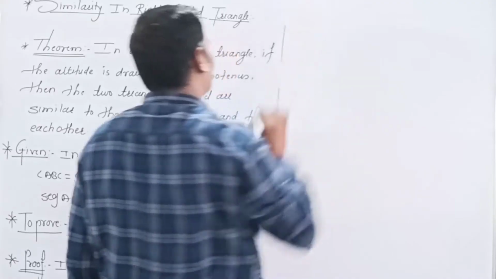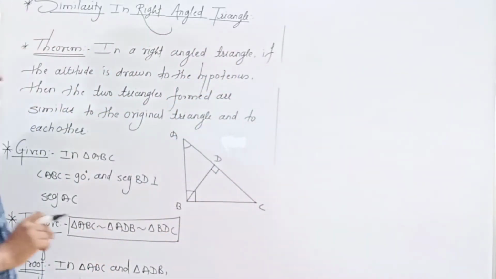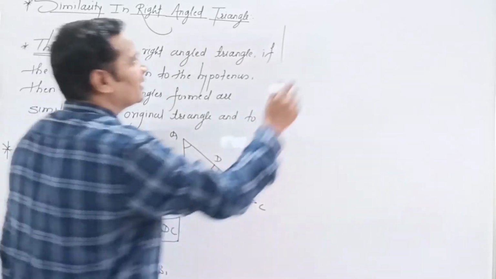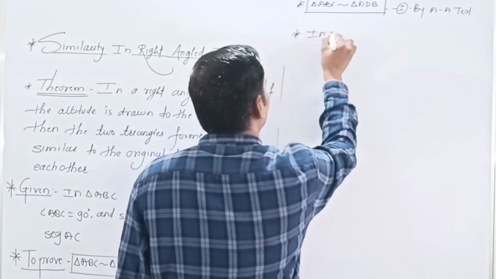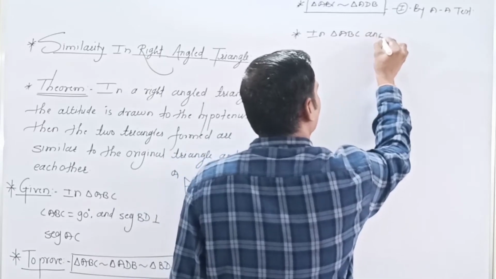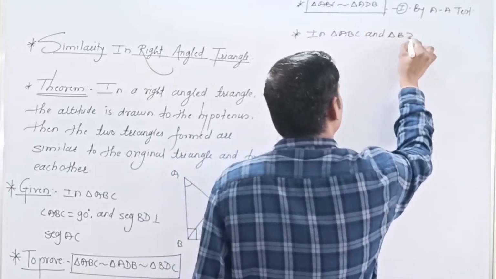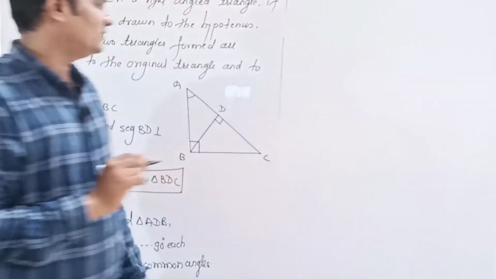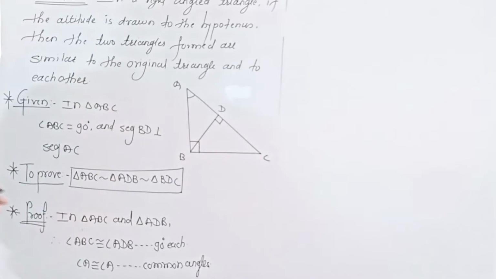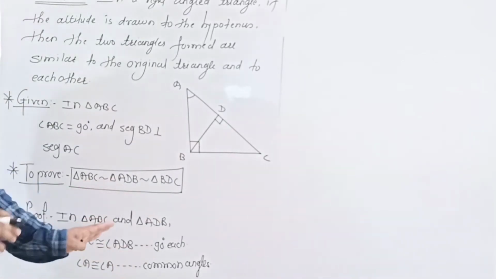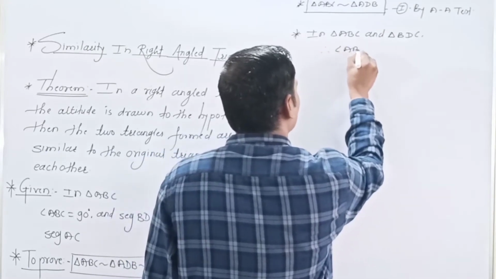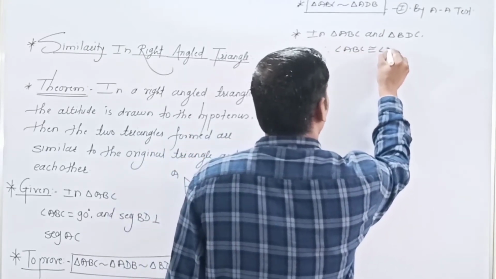Now similarly we are going to take one more pair of triangles. Now which triangle is there? Triangle ABC again. So we will take that in triangle ABC and triangle BDC. Look at this triangle BDC. So let's show these two triangles are also similar like this way. Okay, by angle test. Again, angle ABC is congruent to angle BDC.